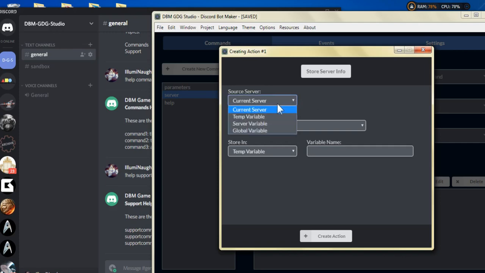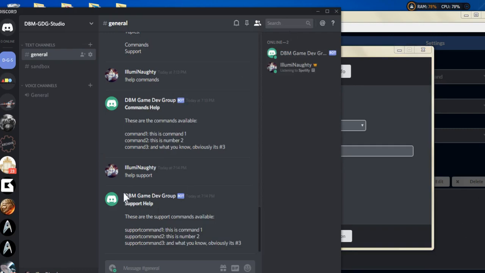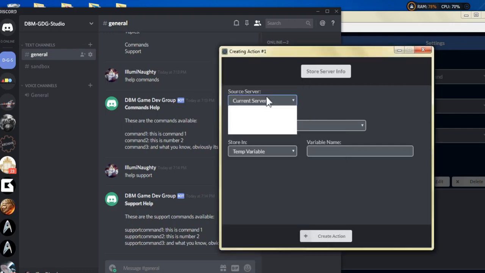So of course, you have your source server, which is your current server. If the bot's running within your Discord bot server, that's your current server. You can store the server IDs into temp variables or server variables, as well as global variables. And we're going to select our source server to be our current. And for the source info,